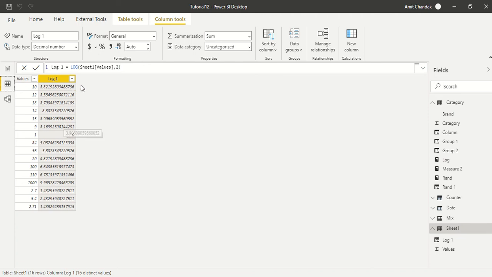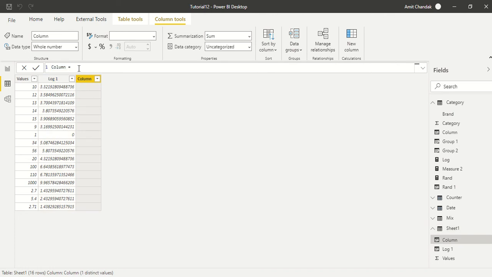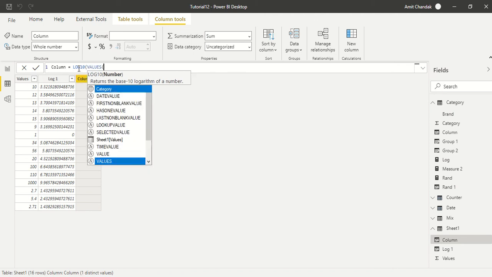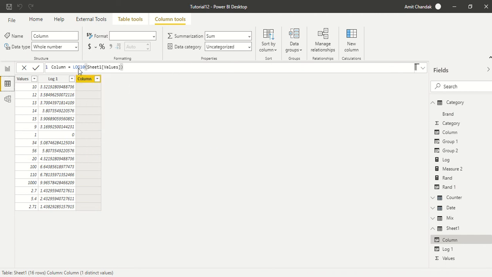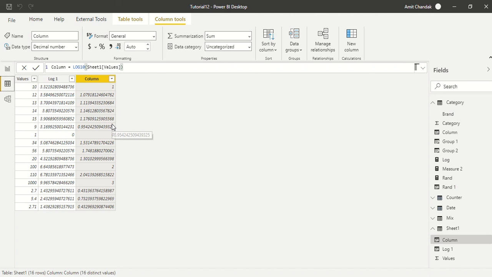Now similarly, let's create one more column which is basically log10. Here we have only one thing, which is base 10. We don't have to mention anything, and we just use the values column from here. And now this is what it is giving us, log10. And log is also log10 if we use 10. So there are two functions. Ideally both of them could be part of log only, but Power BI has provided you the facility with two functions. Go ahead and try these out.